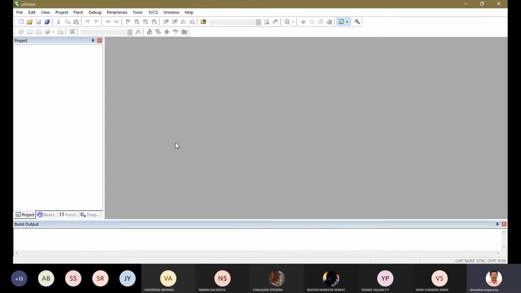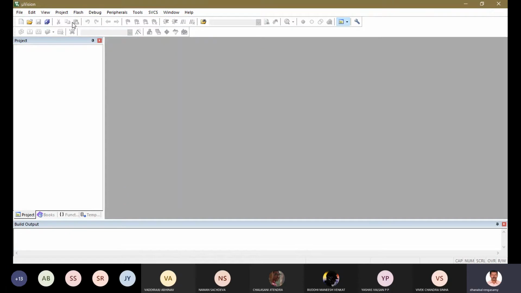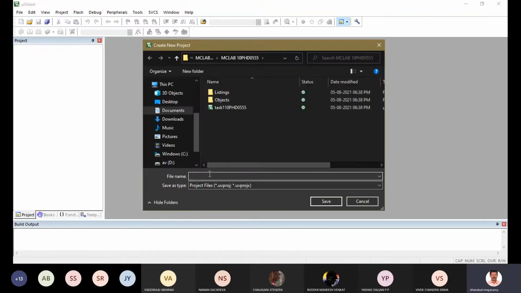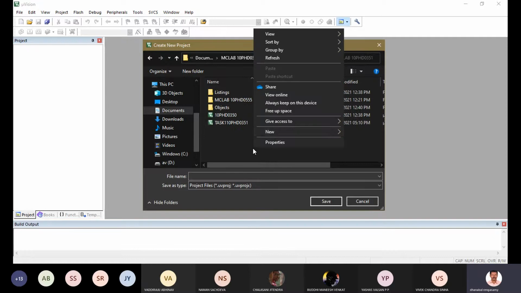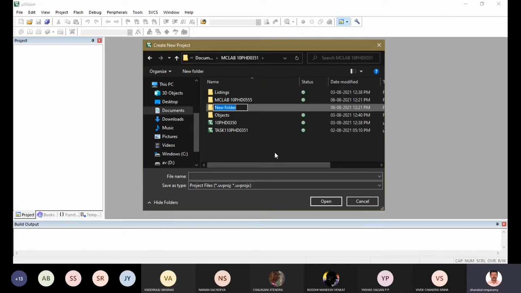Okay, now this will be the way it looks when you are opening a new setup file. So the step 1, you give new MicroVision project. New MicroVision project. This is the step 1. In this, you have to give a folder. Right click, create a folder. So this is for your batch. I'm creating a folder. So the folder name you give as L.